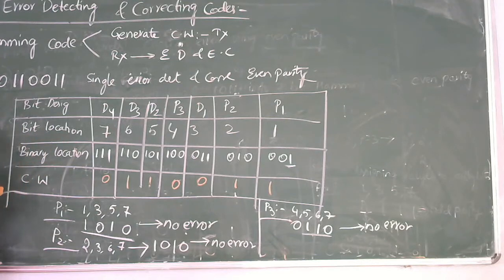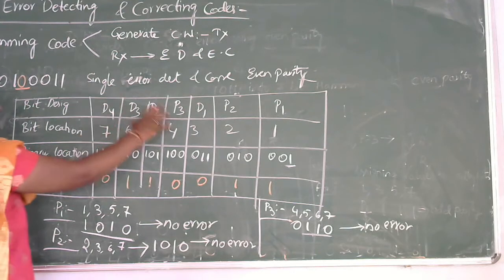So in this we can say that there is no error between the transmitted and received code word. Now let us see the same example with a little bit change in one position. So here I am assuming it as even parity only, but the change in the code word is instead of having the number as 0, 1, 1, 0, 0, 1, I am assuming that now the received code word is